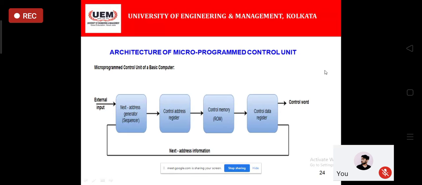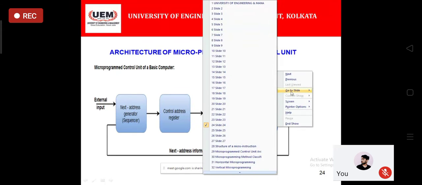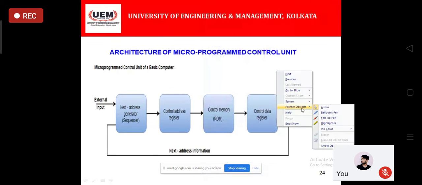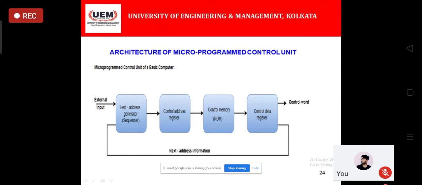You write 2 small questions. What is CAR and what is CDR? If it is an offline question, then a 2 marks question will also come, in case of 2, 5 and 15. So CAR and CDR, what are the things you need to understand? This is basically the CAR and this is the CDR. What are its applications? I will be telling. Now I am explaining. Please listen carefully.